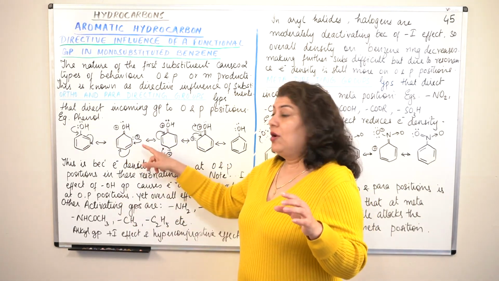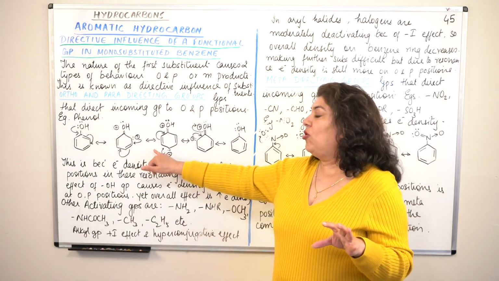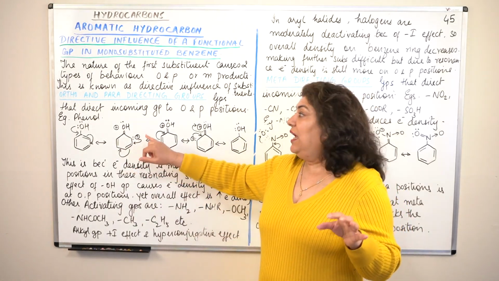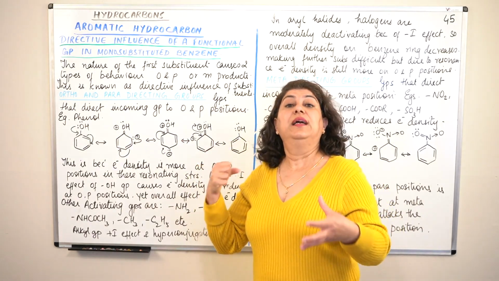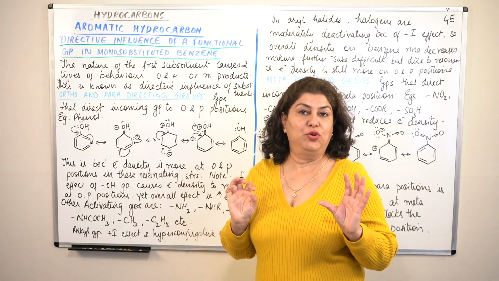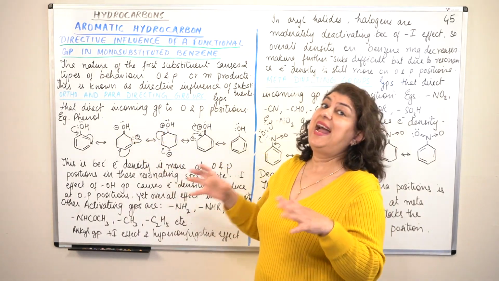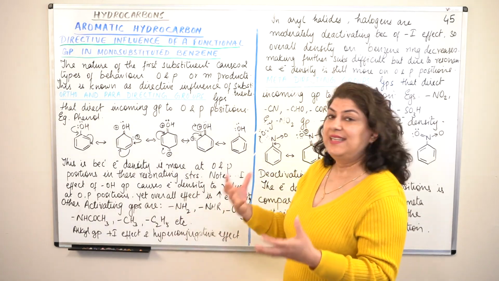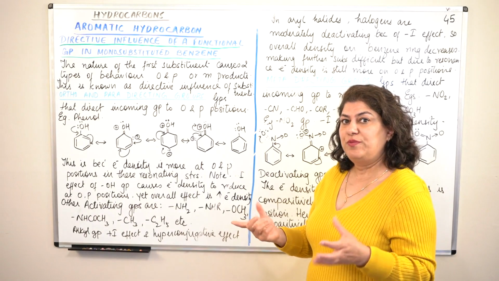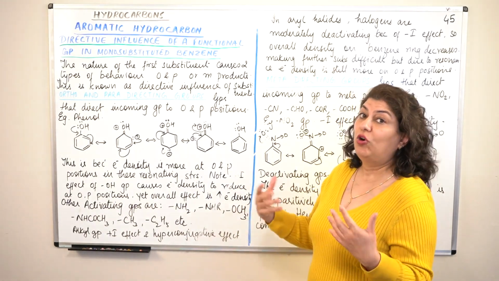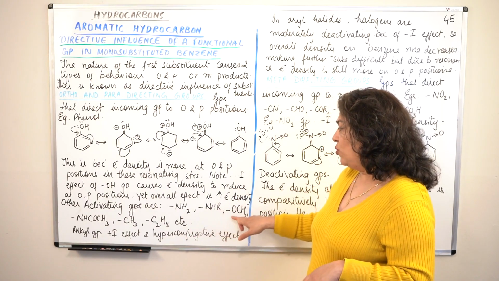Now since they are causing the electron density to increase in the benzene ring, they are called activating groups. If a group pulls the electron density away from the ring, it is said to be a deactivating group. So the OH group is an activating group because it is increasing the electron density in the benzene ring. Other such groups which are activating groups and which would be ortho-para-directing are NH2, NHR, OCH3,